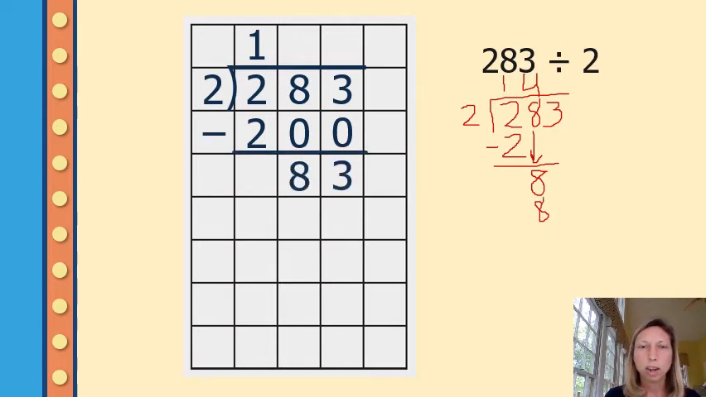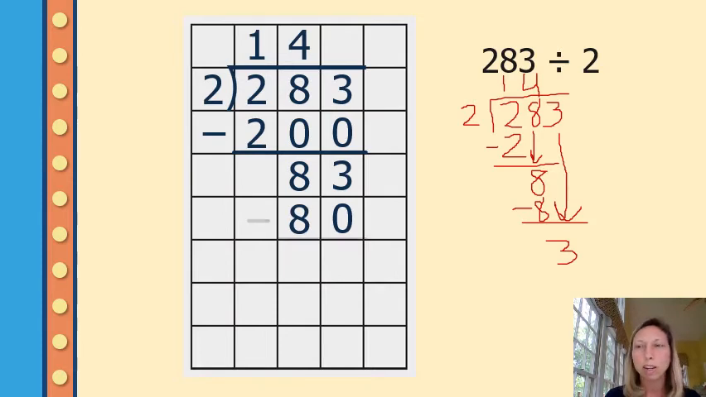You subtract, you get 83. So now you're dividing 8 divided by 2. 4 times 2 is 8. They put a 0 there for 80. So we subtract, and we bring down our 3. On the other side, 83 minus